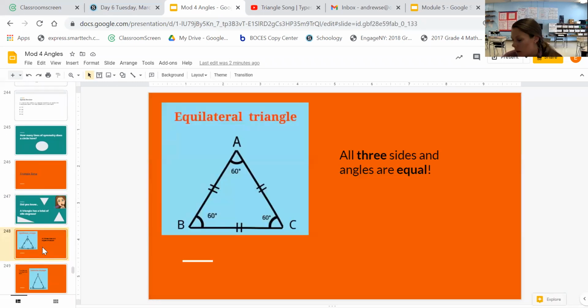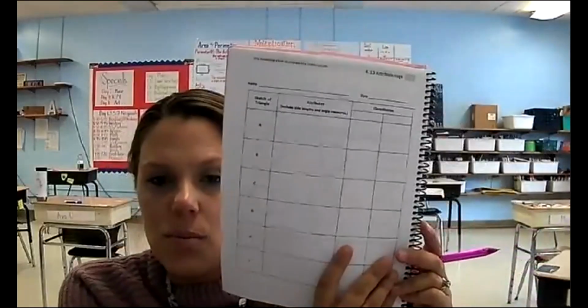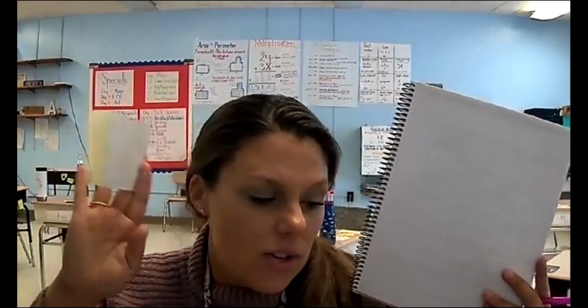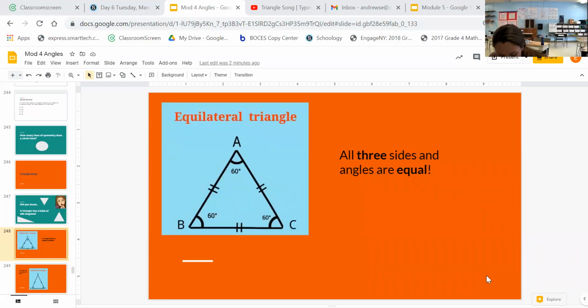So what I want you to do right now is use that blank page next to the attribute page, and I'm going to take notes here. We're going to have three different triangles. Using your straight edge, we can fill it in. So our first one, and you can feel free to pause your video if you want to make sure you're writing it correctly, is our